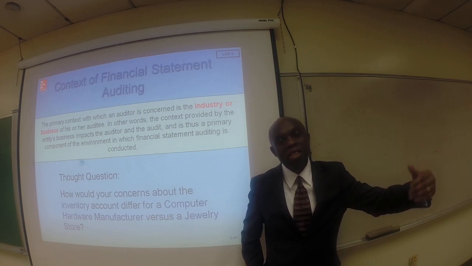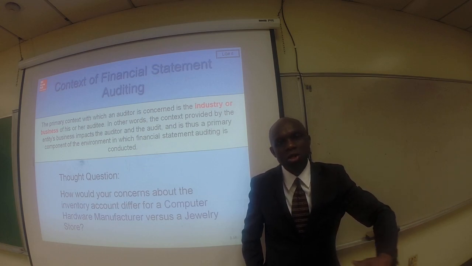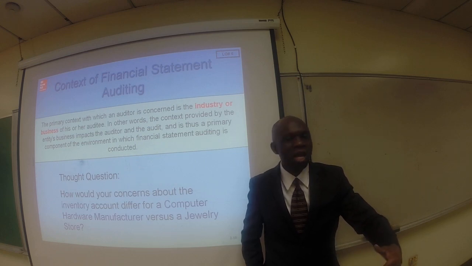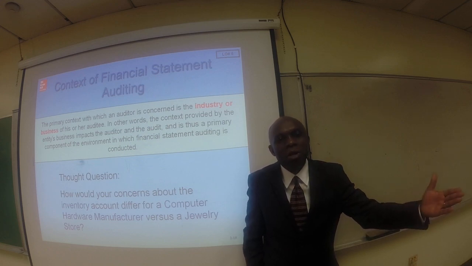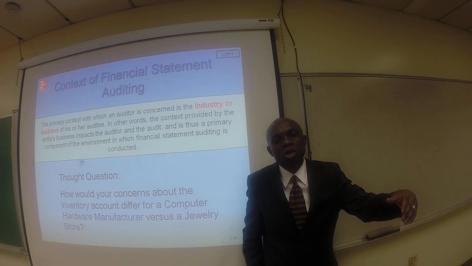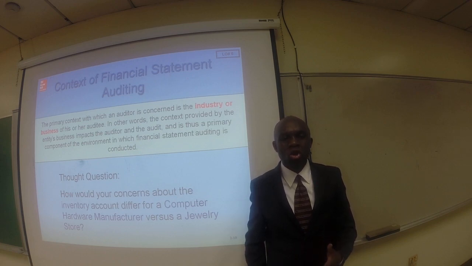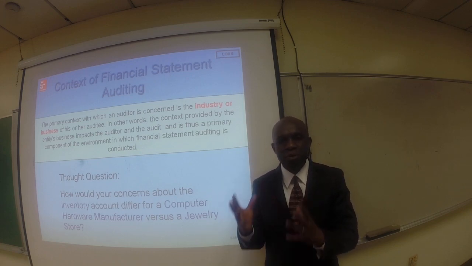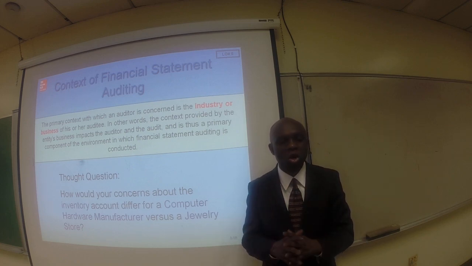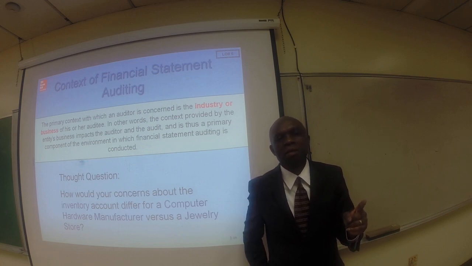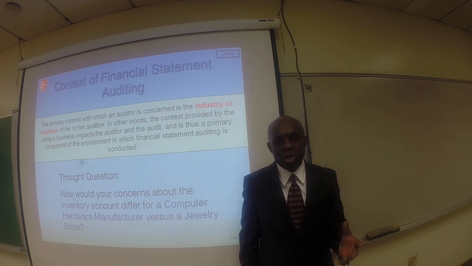If that is the case, the question is, was proper adjustment made by the auditee, or the company that you are auditing? If proper adjustment is not being made, it is likely that the $100 million of inventory is being overstated or overvalued. Now, if you are auditing a jewelry store, different industry, different business nature, different type of business altogether, you would not worry about that. Why? Because you don't have to worry about the gold being obsolete, okay?